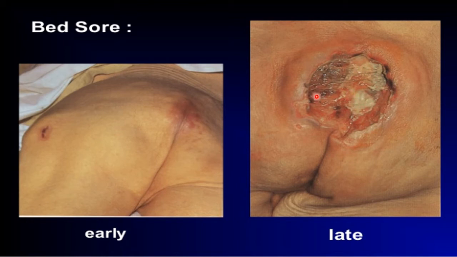where the overlying skin, this is the sacral region, so this skin and soft tissue was compressed between the sacral bone inside and the bed on the outside. And as you know, we all change our posture every few minutes. If the patient is unable to change posture, the overlying skin caught between the bone and the hard bed outside becomes ischemic and then necrosis, and these are difficult wounds to heal.